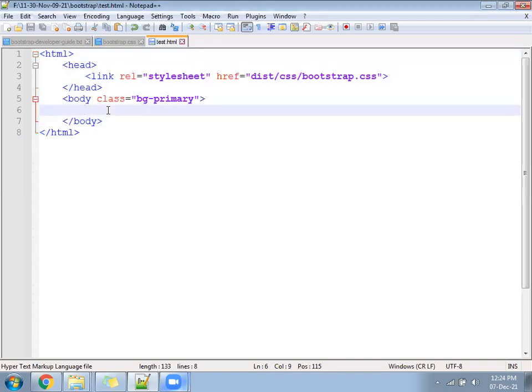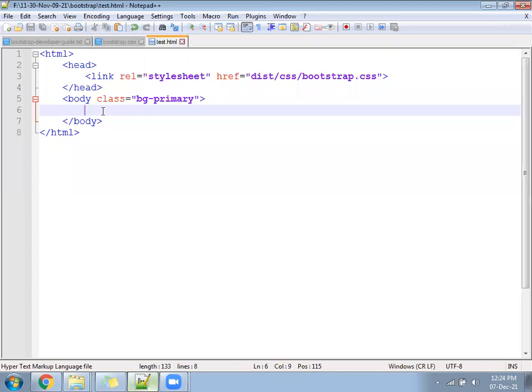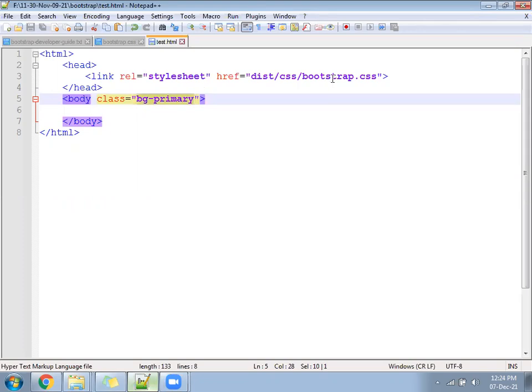Okay, let's go. So this file test is working and your file is available in the current folder, and it is giving the background a blue color. We have followed a class called BG Primary. BG Primary comes from the bootstrap.css file.